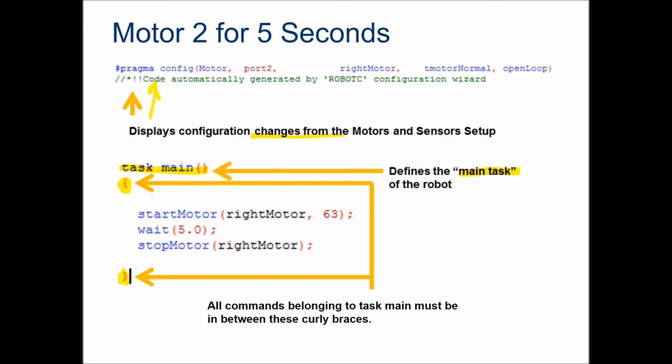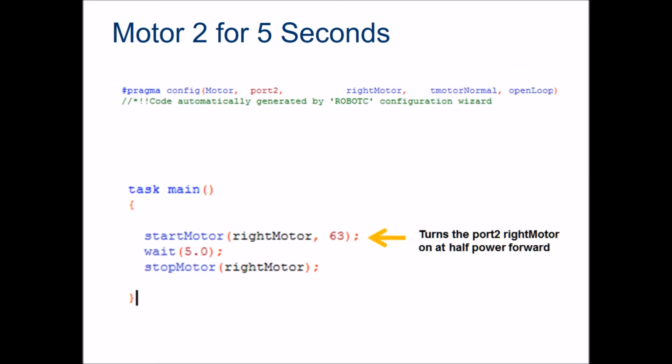Now later on we'll learn about side tasks, I'll call them for now, but the main task is going to be inside these curly brackets, and we're going to use these curly brackets a lot. They encapsulate different sections of our code. So right now, our whole entire main task is encapsulated within those curly brackets, or braces as they're calling them here. So if we break down our actual code for a moment, we've got our start motor